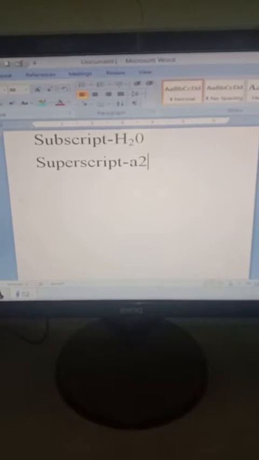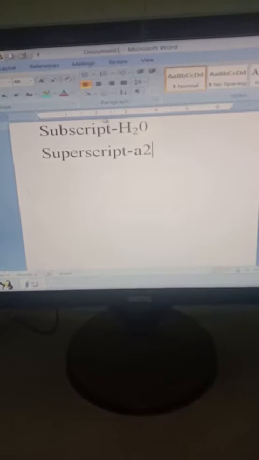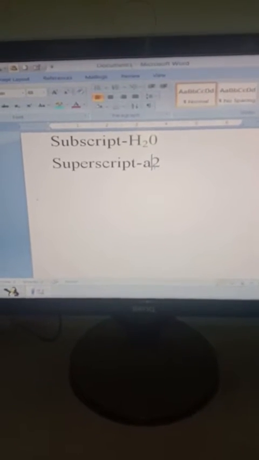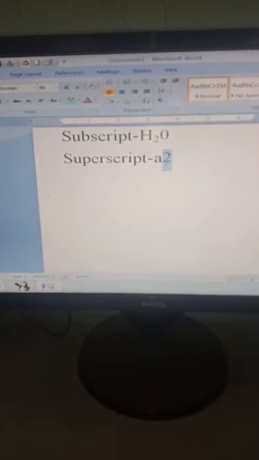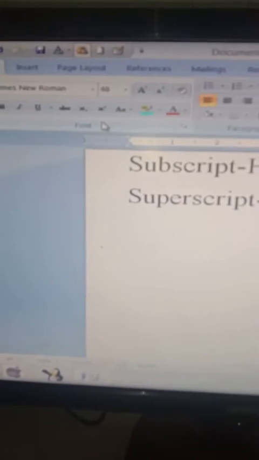So students, we are continuing the earlier video topic of applying the superscript. So now how can we apply the superscript? First of all, select the content over here which you want to apply the superscript. After selecting the content, move to the font tab, and from the font tab move to the superscript option that